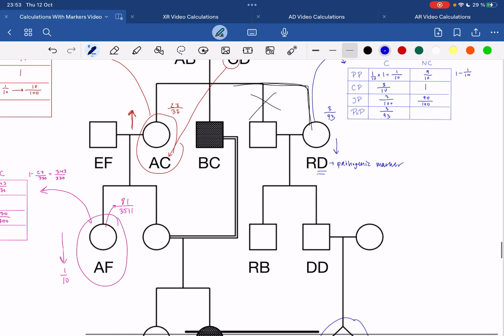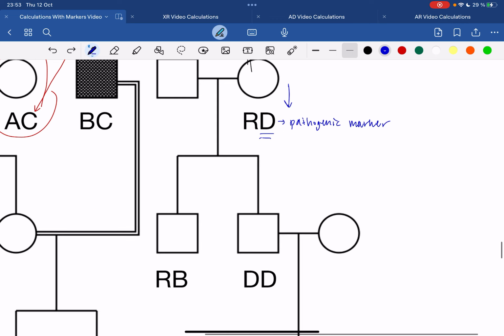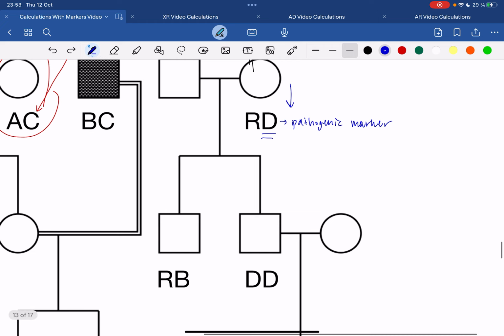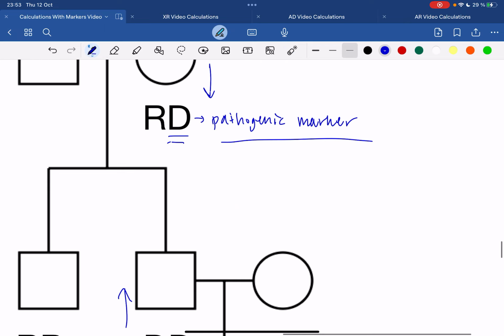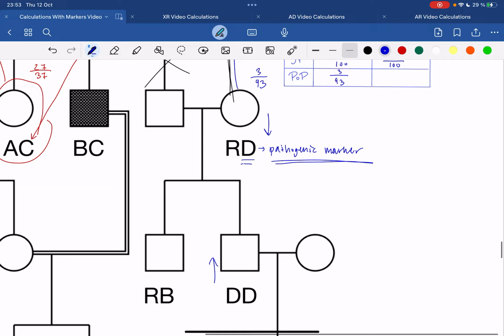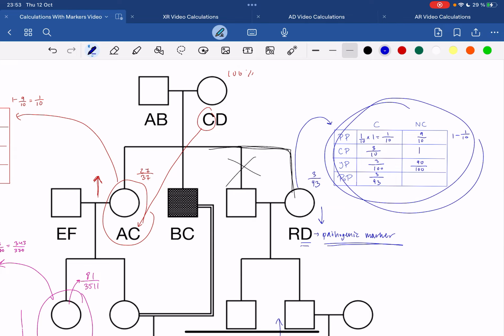So now for this son right here, we will also assume that there is a high risk. Why? Because this son has 2 Ds. The first he must have gotten from the dad, and the second he must have gotten from the mom. And since we are now assuming that the D from the mom is a pathogenic marker, because we're assuming that there is cross